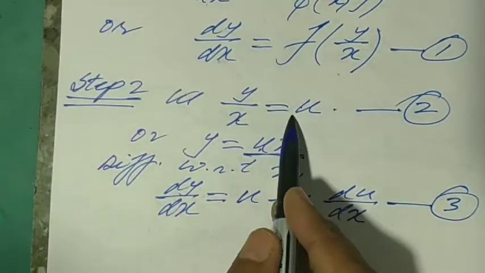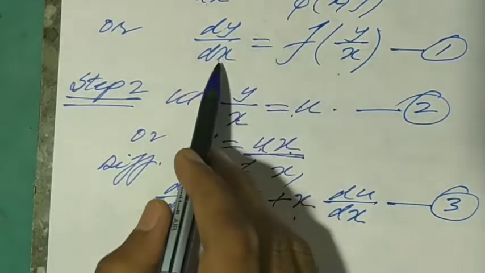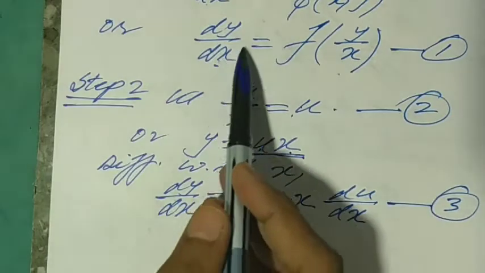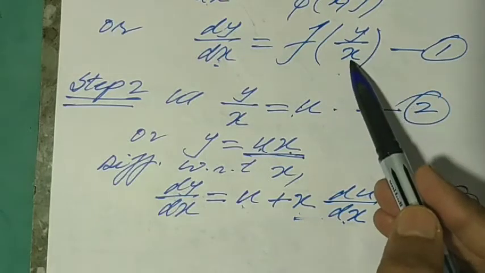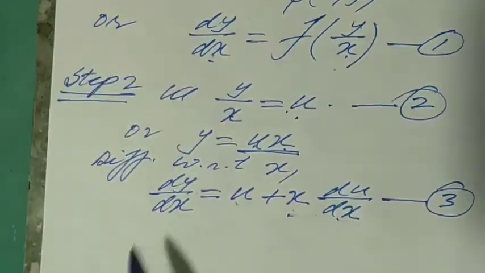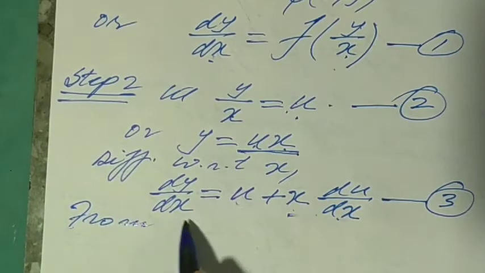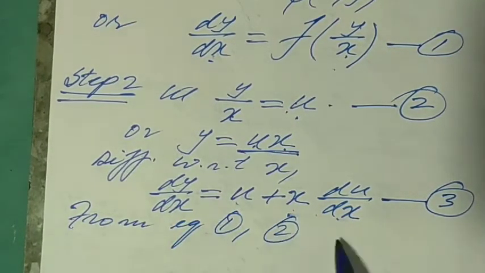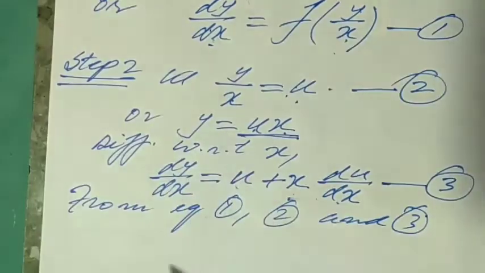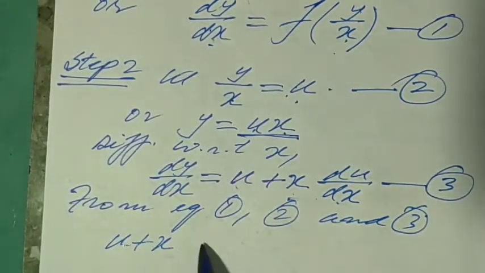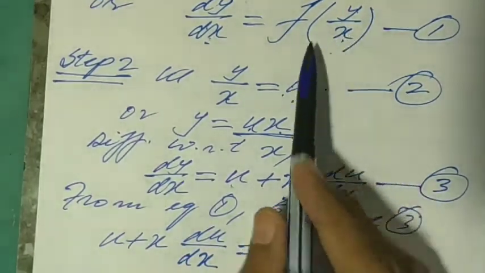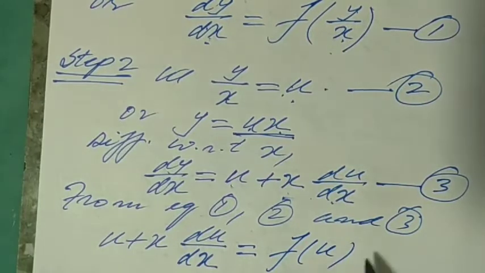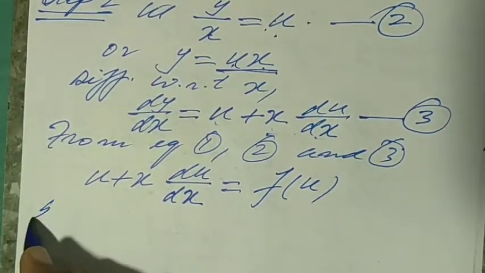Then by this substitution and this differential equation, we have to change equation number 1. That is, in place of dy upon dx, we write u plus x du upon dx, and in place of y upon x, we write u. So from equation 1, 2 and 3, equation number 1 becomes u plus x du upon dx is equal to f u. Then step 3,